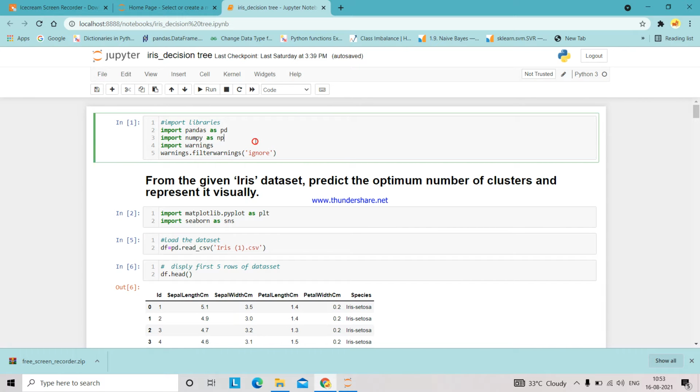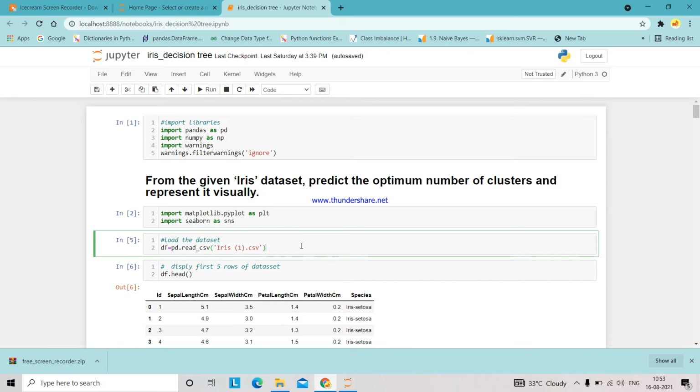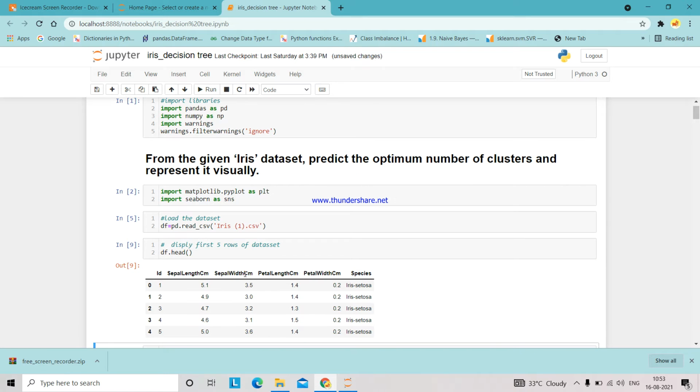For that, first I am importing the libraries pandas, numpy and warnings, and next I am importing matplotlib and seaborn for visualization purposes. After that I am loading the dataset with pd.read_csv of the iris dataset. My dataset was loaded, and I want to display the first 5 rows using df.head.